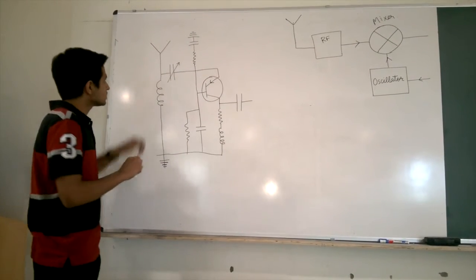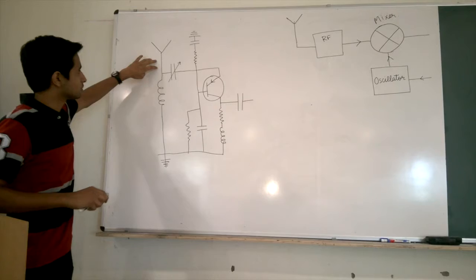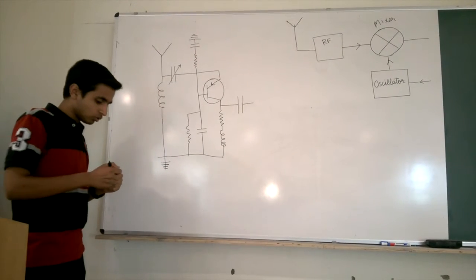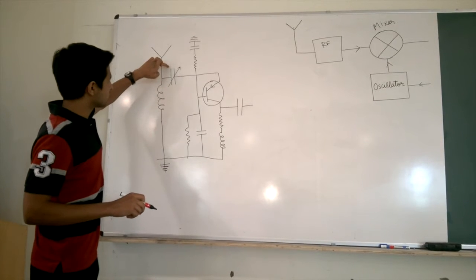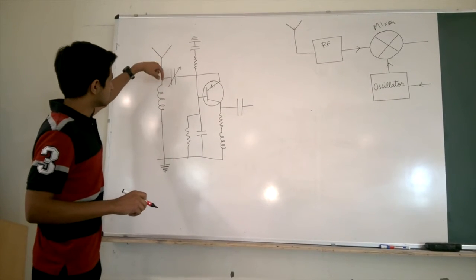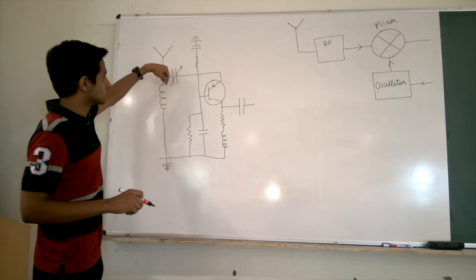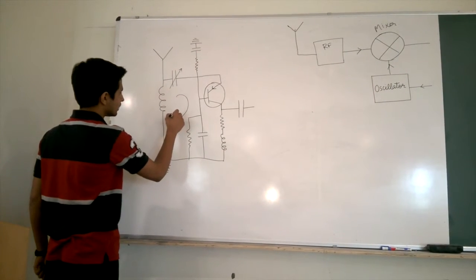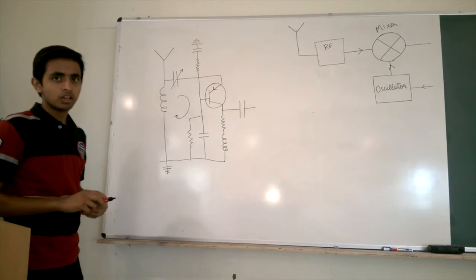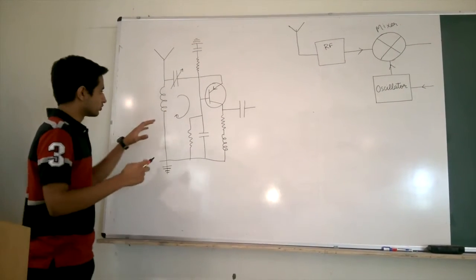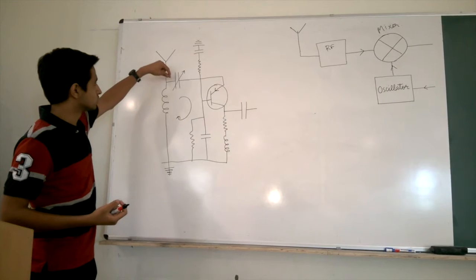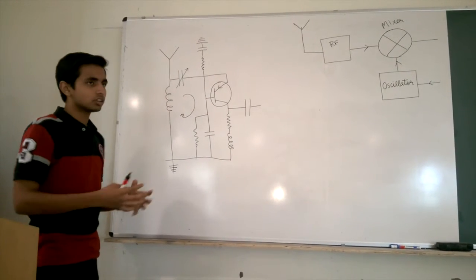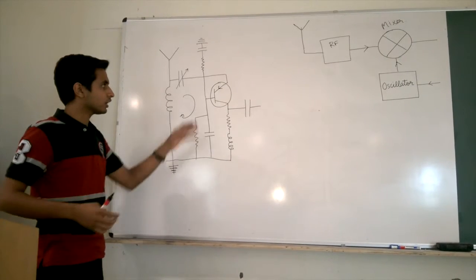Now what we are doing is we are receiving frequencies from the antenna, but we want a certain bandwidth of frequencies. So this is a variable capacitor. We set the capacitor in a certain way such that the frequencies of LC oscillations in this circuit are set. Those frequencies which are close to the resonant frequency of the LC oscillations are passed on, because these are the only ones which are significant, and they are amplified through the BJT.